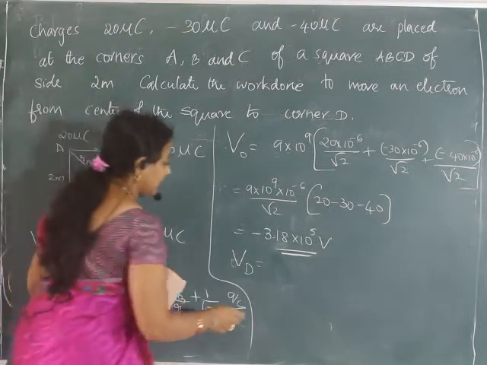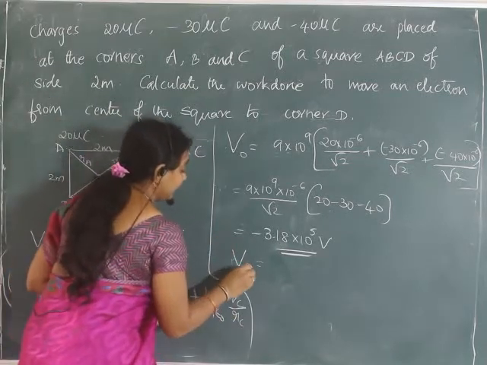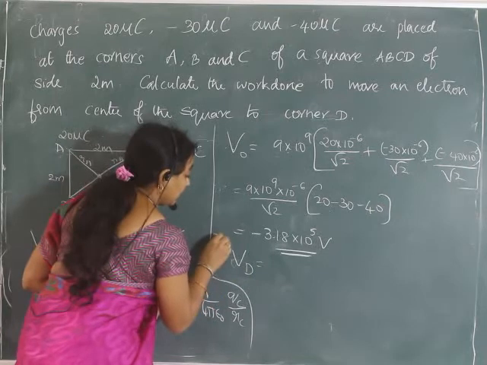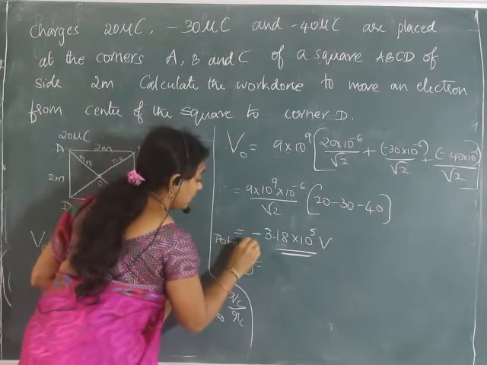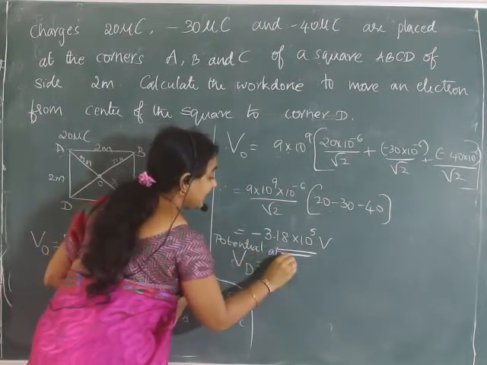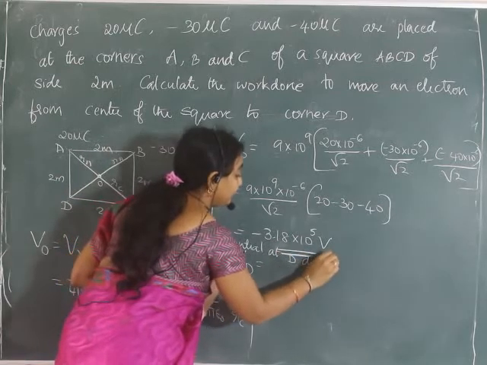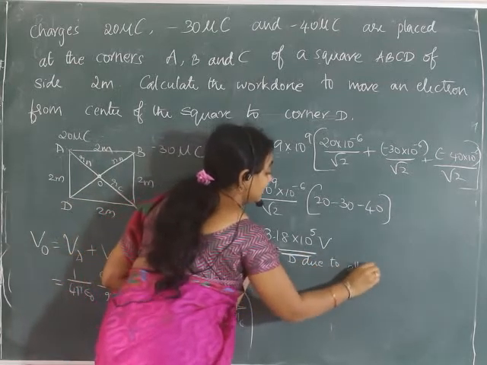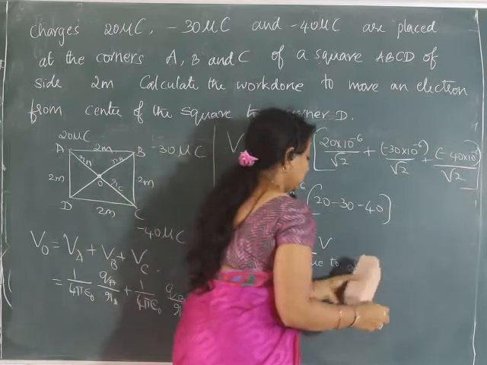So, therefore, I'll write potential at D due to all three charges